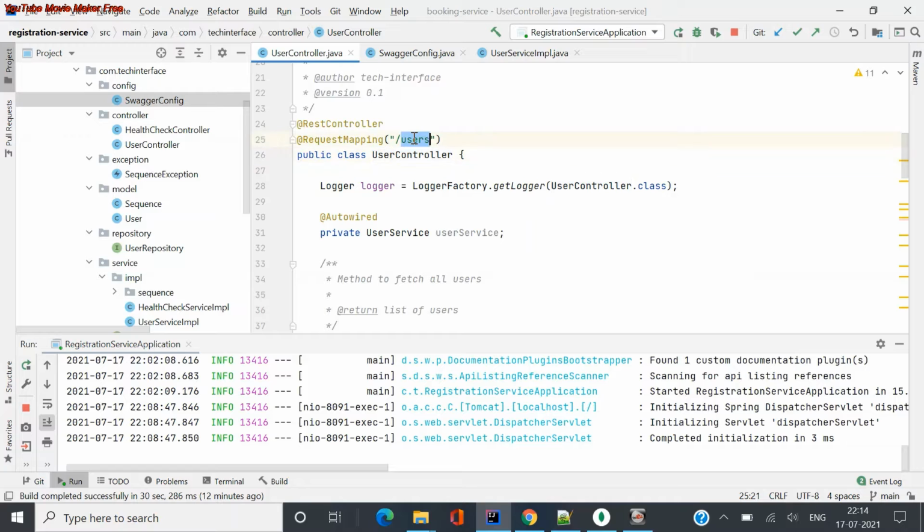The request mapping you should add because it tells any UI person who is developing the UI code that any user-related CRUD operation or information he needs to fetch from an API will start from /users. This is the distinction we make between the different paths or controllers we have.